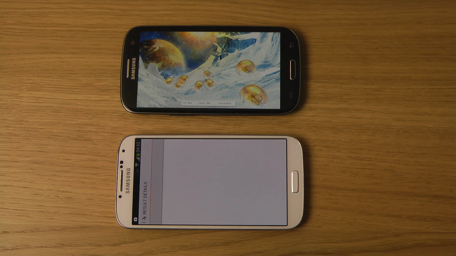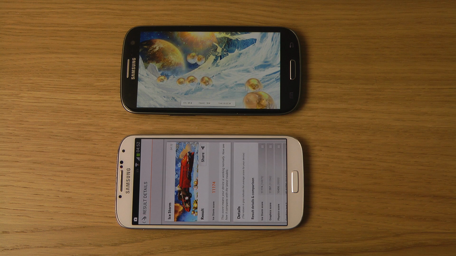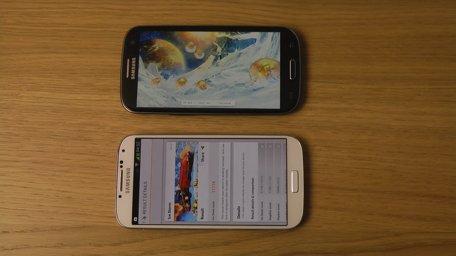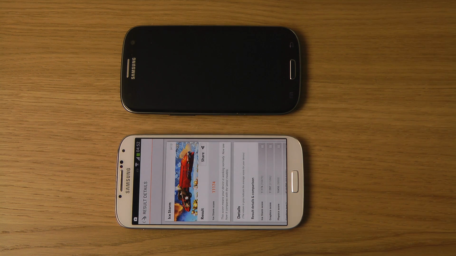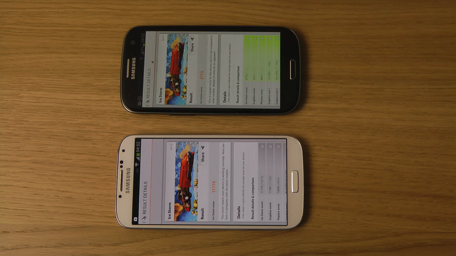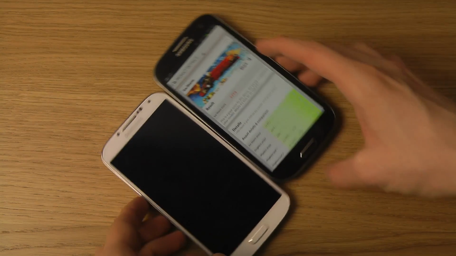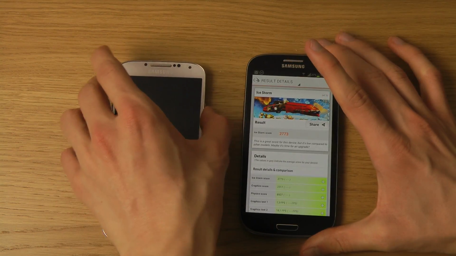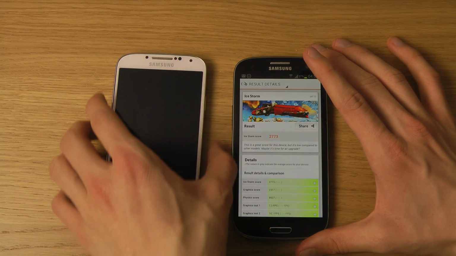So we're getting a score here now. Awesome. We're just going to wait here until the Galaxy S3 finishes up. Okay, there we go. So we got a score here of